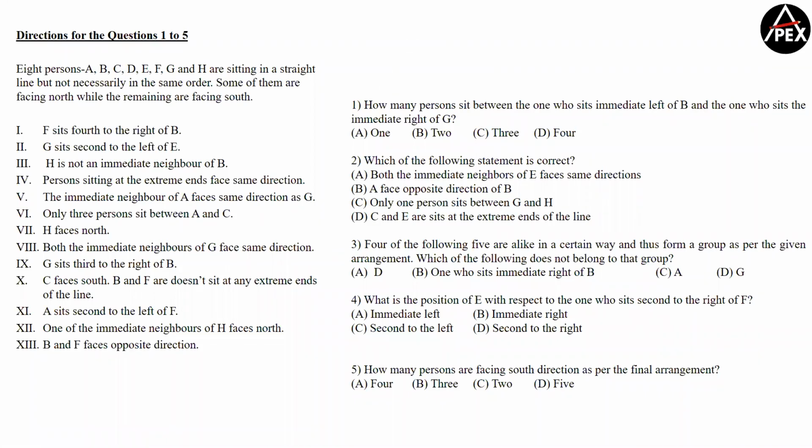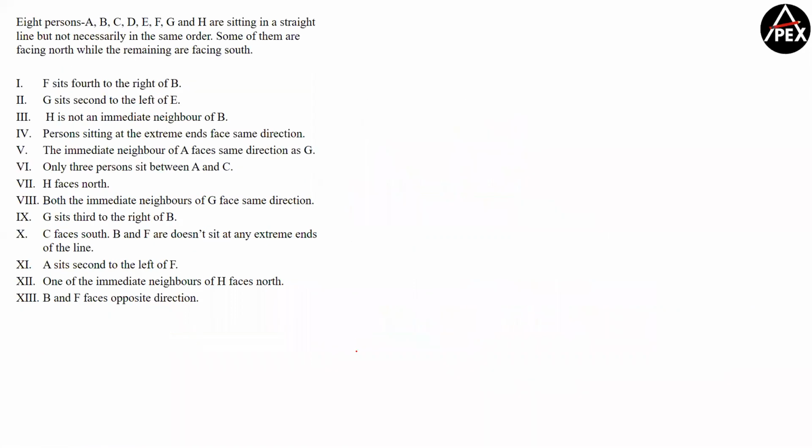We have questions on arrangements. Okay, first set. 8 persons A, B, C, D, E, F, G, H are sitting in a straight line but not necessarily in the same order. Some of them are facing north while some remaining are facing south. Yes. So we are given a set of 13 additional statements required to solve these questions, and we have now